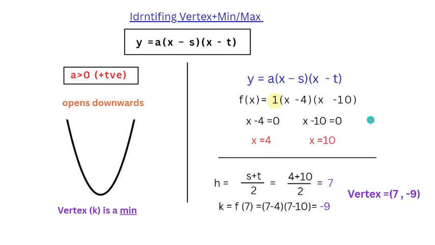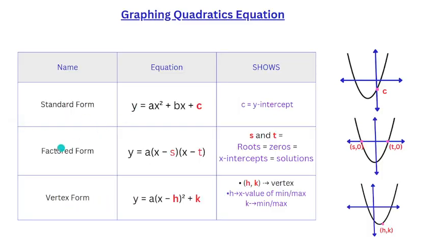X minus 10 equals 0, so x equals 10. What is the solution of this quadratic equation? The solution is x equals 4 and x equals 10. But we didn't get the vertex from this equation. Here, in the factored form, we have roots, x-intercepts, solutions, but we didn't say